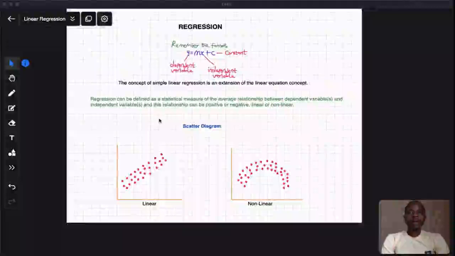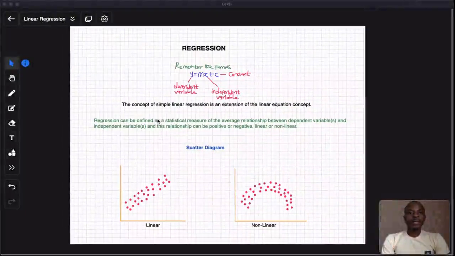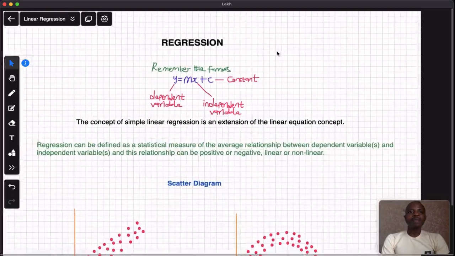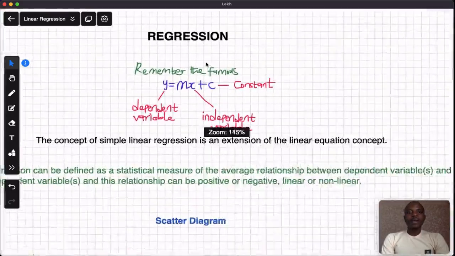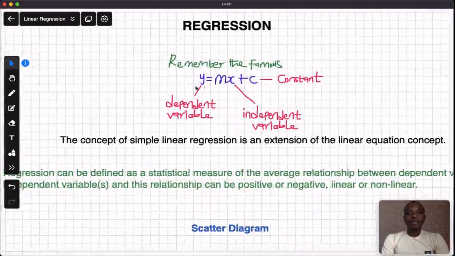Right? We'll be looking at regression. The lesson is about linear regression. Now, we are going to have to define what we mean by regression. But then, let's look at the famous linear equation, which you must have learned in high school, y equals mx